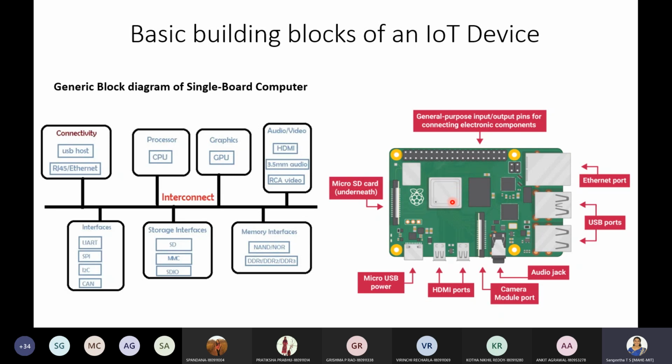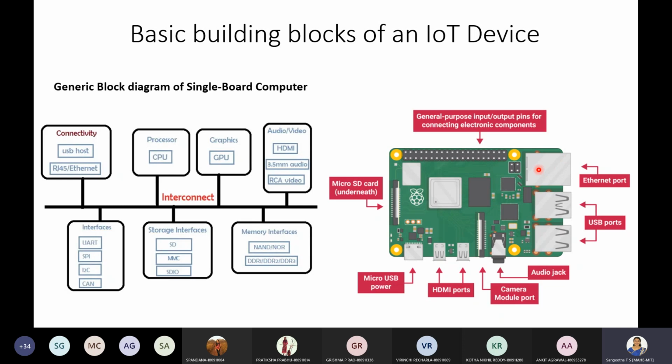System on chip means two or more components are integrated together into a single chip. In Raspberry Pi, we have the processor, the clock, and the GPU fabricated into a single component, a single chip. So it is a system on chip.